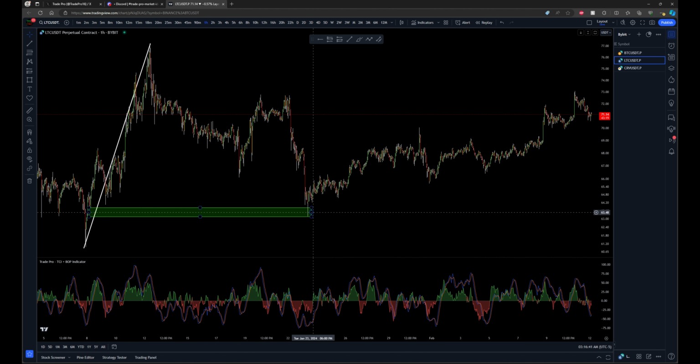So that was that final logical low that I outlined and posted in real time on both Discord and Twitter. You can go back and look at the dates and the timing of the post. As we came down here to sweep that logical low, which was the final low right here,